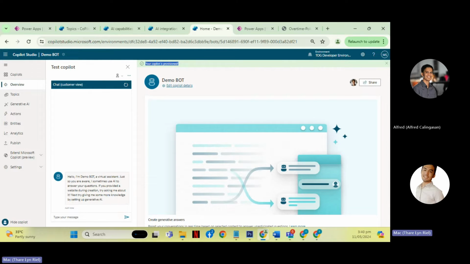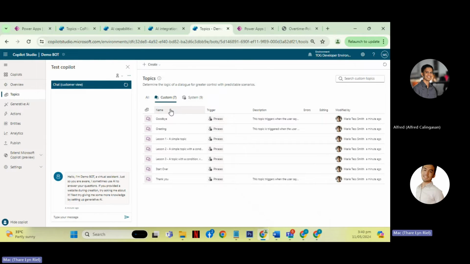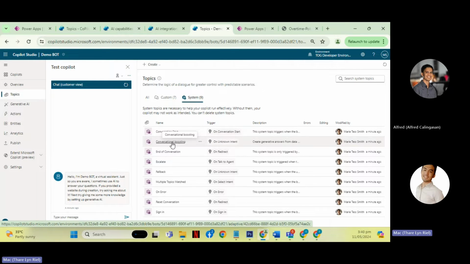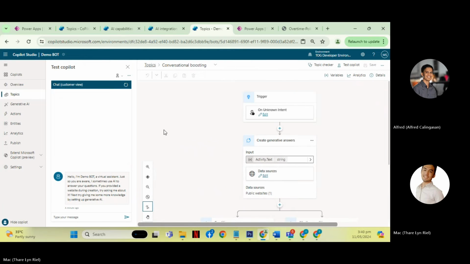So first, let's go to the generative AI. No, let's go to the topics first, and then system. So this conversational boosting is the topic that is responsible for the Gen AI, or the generative AI.